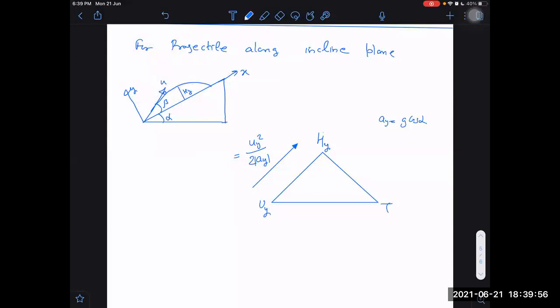What does it represent here? It does not represent maximum height. It just represents... One more time repeat, sir. I have not even completed. What do you want me to repeat?